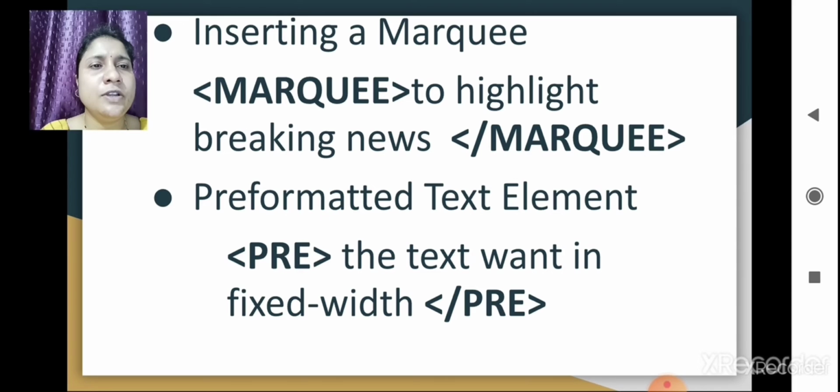If you want to give text in a fixed width, like employee name and salary looking like a table, the pre tag is used.